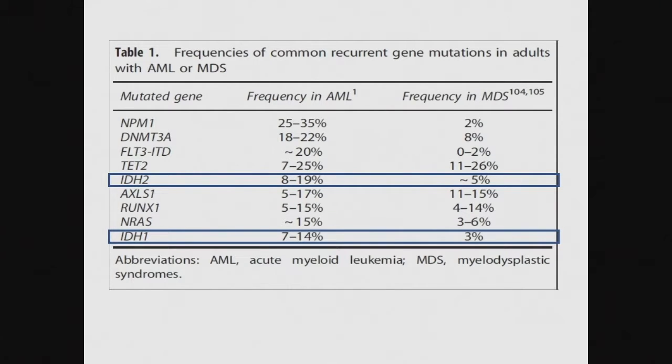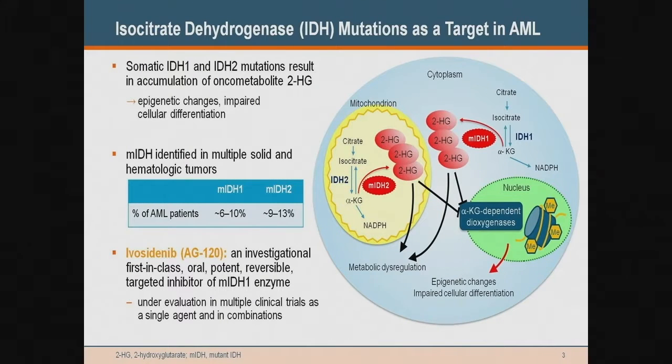And so most people remember FLT3 mutations now being important in terms of midostaurin being used in combination with 7+3 in the upfront setting. But other key mutations involve IDH1 and IDH2. So both of these mutations roughly exist in around 10 to 20% of newly diagnosed AML patients. And this is key because enasidenib, which was an inhibitor of the mutant IDH2 enzyme, was FDA approved this past year for the treatment of relapsed